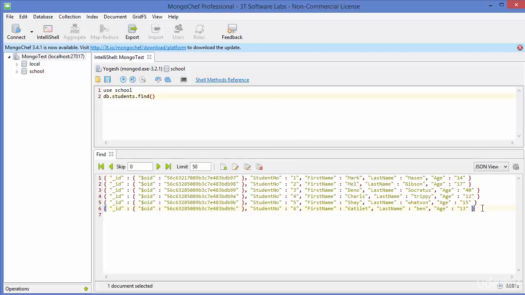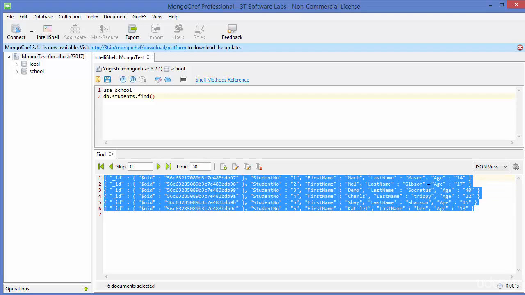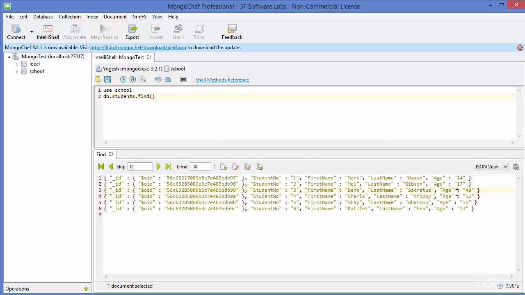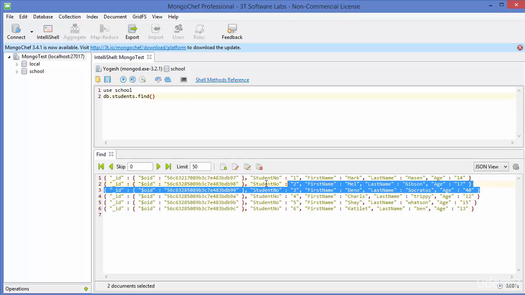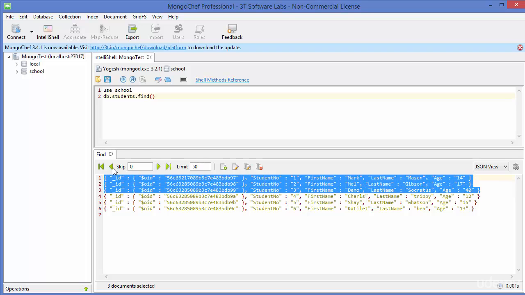So for example, I have these documents, all the documents are listed here, and for example I just want to limit the number of results up to 3. How do I do it? So the command will be the same as we have used in the last video,